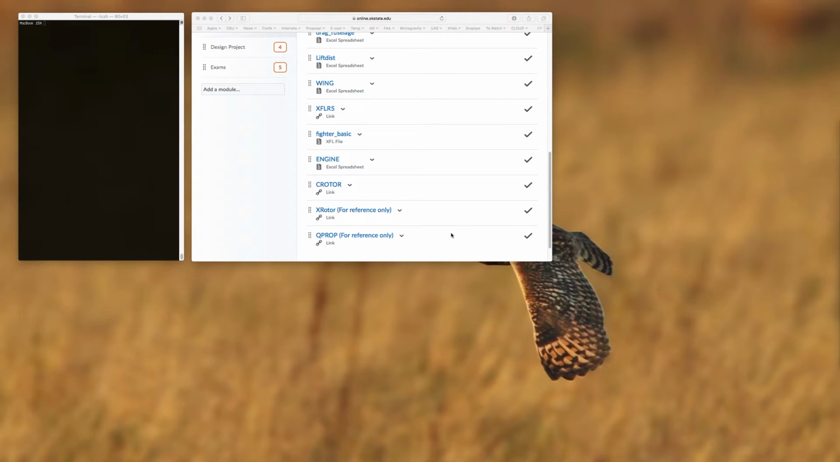Okay, this will be a very quick introduction to CROTOR, which is a propeller design and analysis program. So I've provided a couple of links here. You really only need to worry about the CROTOR link. CROTOR is based on a Drela program, same professor who wrote Xfoil. He also wrote QProp. These are both pretty useful tools if you want to get down in the nitty-gritty of